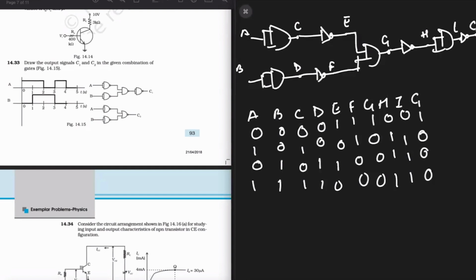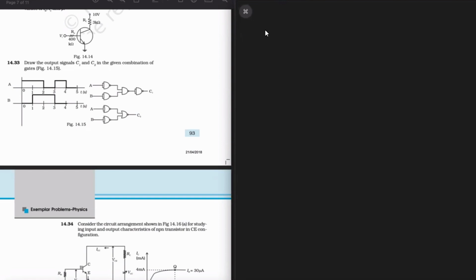And now moving on, I'll draw the next part, which is the final question. यहाँ से A चलेगा, यहाँ पे और होगा, C मिलेगा, नॉट होगा, E मिलेगा।